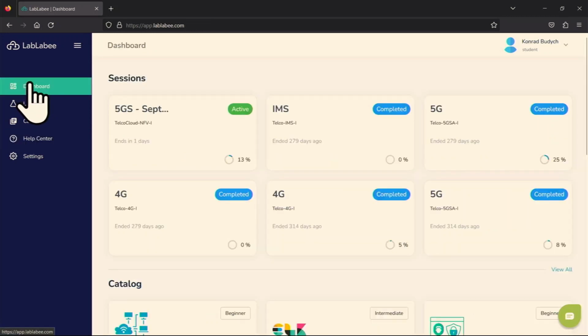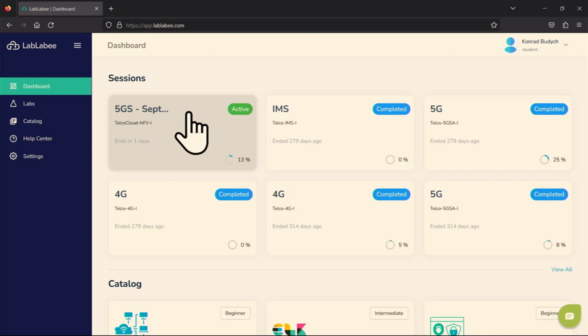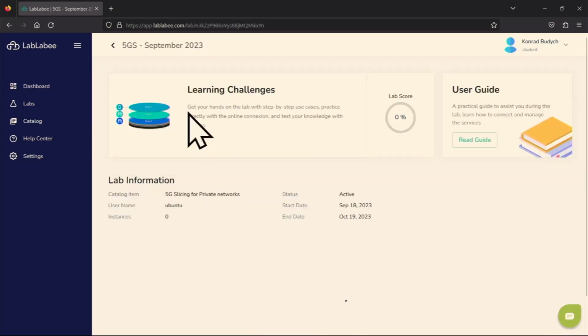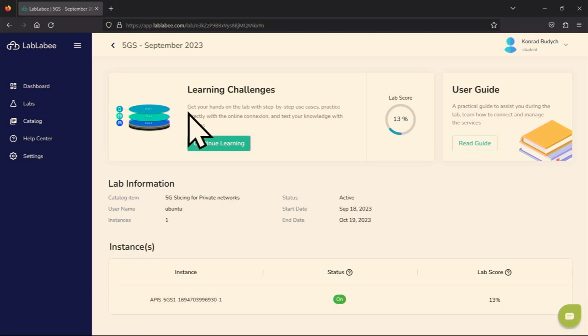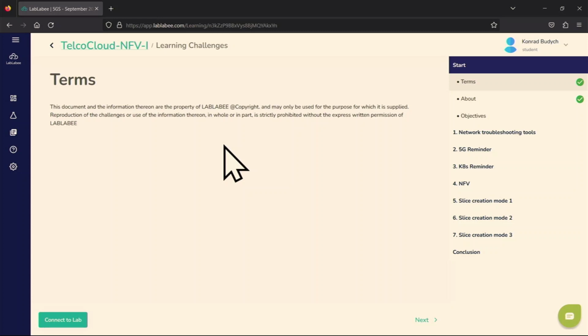So back to the dashboard, I have some 5G network slicing session or lab active for me. And let's take a look at how it looks. If you enter some lab for the first time, you will see start learning here. I see continue learning because I've been here before. And once I click,